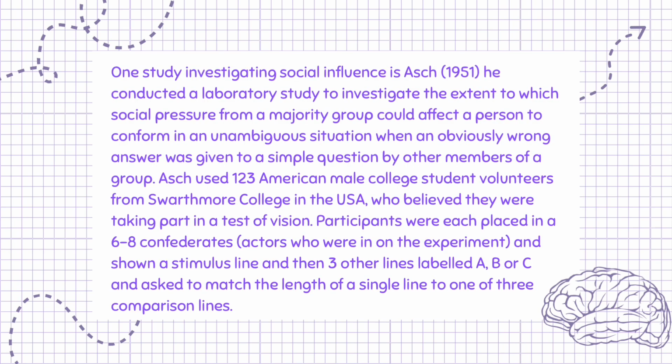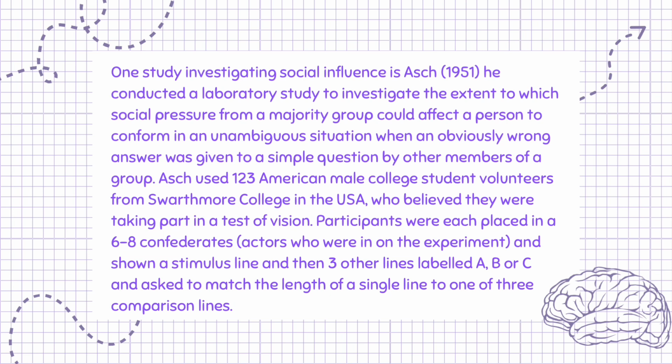One study investigating social influence is Asch, 1951. He conducted a laboratory study to investigate the extent to which social pressure from a majority group could affect a person to conform in an unambiguous situation when an obviously wrong answer was given to a simple question by other members of a group. Asch used 123 American male college student volunteers from Swarthmore College in the USA, who believed